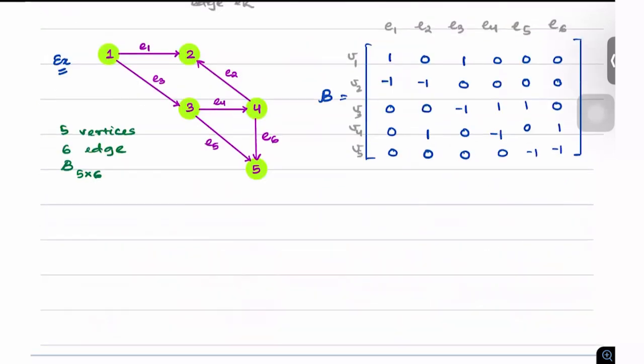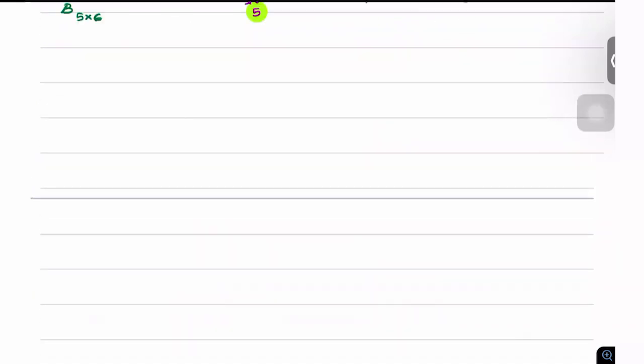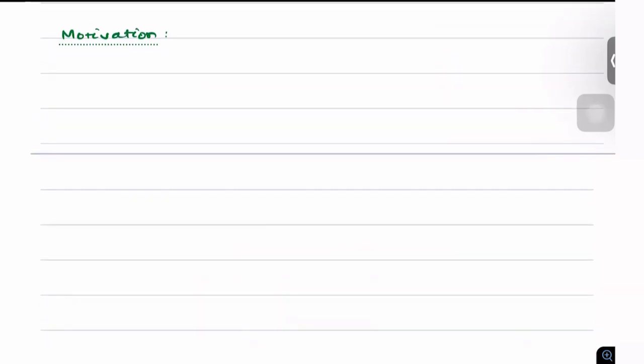So let us try to answer that question. We will now try to understand the motivation behind studying the properties of the incidence matrix. In order to do that, we'll start with the same example that we saw before while studying the Laplacian matrix. Let's start here in a new page. Okay, and also let us start first by constructing an electrical circuit.